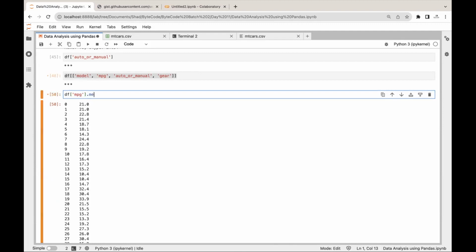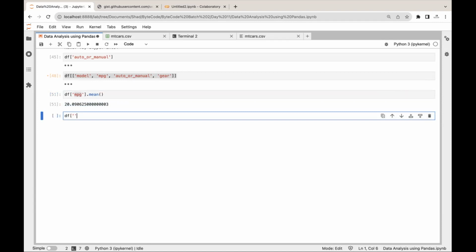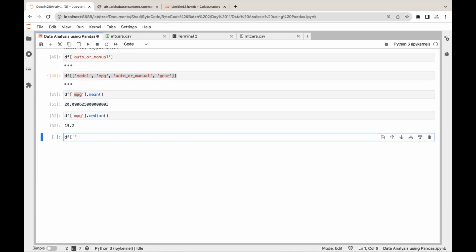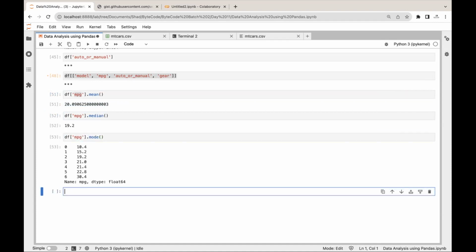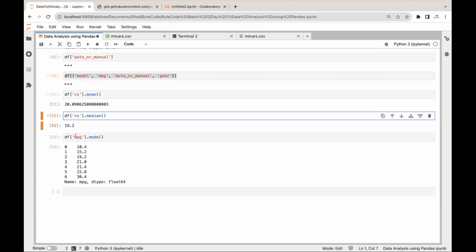So suppose if I want to calculate the mean, then I'll say the dot mean function, and you will get the mean of the MPG column. Similarly, if you want to calculate the median, or similarly the mode of this column. Do you guys all remember what exactly is mean, median, mode? You can do this for any column which has a numerical data type